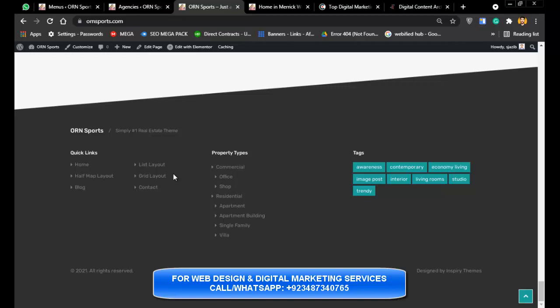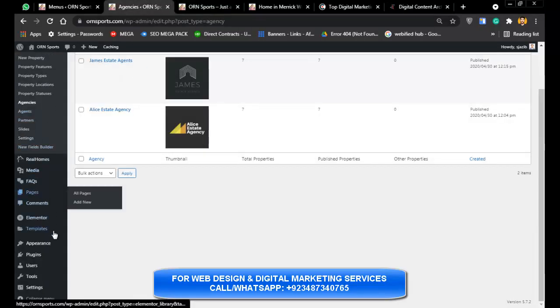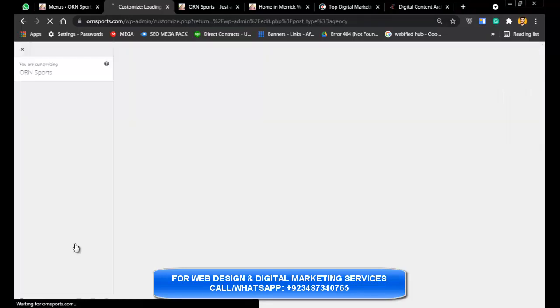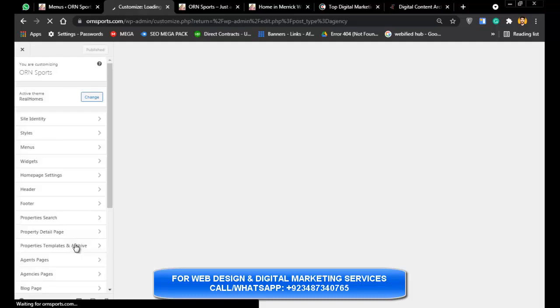And to edit these things, you will have to go to appearance, customize. And after going to customize, as I told you, it's best if you test all these settings in the customize section. And you can also edit this setting in the customize section.